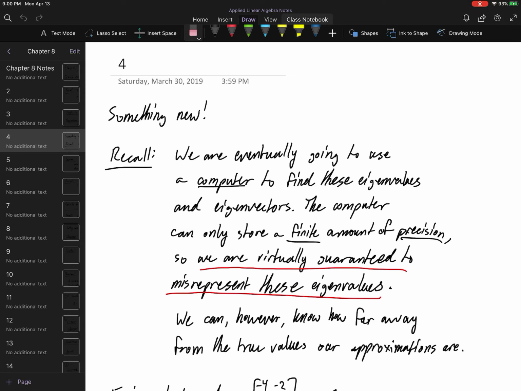Remember that we are trying to put this stuff into a computer. So finding eigenvalues and eigenvectors is a little bit different here, because we would be trying to find zeros of a polynomial, which numerically speaking isn't too difficult. But if we're going for accuracy and precision here, we can only store a finite amount. So no matter how we represent these eigenvalues in the computer, we are virtually guaranteed that we're going to misrepresent